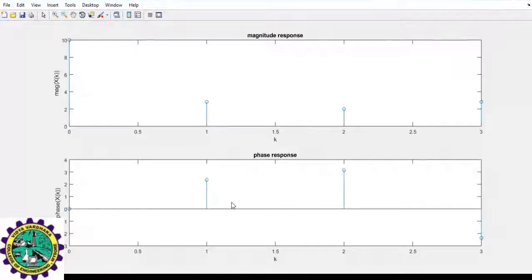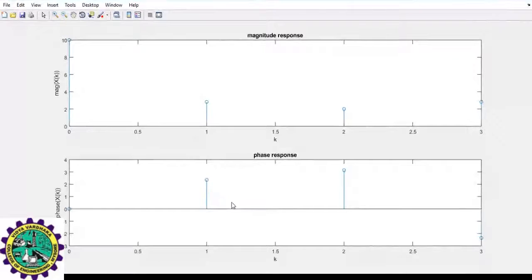Similar to the first experiment. In the first experiment, we found the DFT of a given sequence, right? There also we plotted magnitude as well as phase. There we used the formula, summation n equal to 0 to N minus 1, x of n W N to the power nk. We used two methods. One is the formula method, the other one is the matrix method. And then we calculated X of k, and we also calculated magnitude as well as phase, and we represented them there. Here, with one single line, you will get the answer. If it is DFT, you will get it with the help of FFT of input sequence, comma number of points. Okay, and store that in some variable.